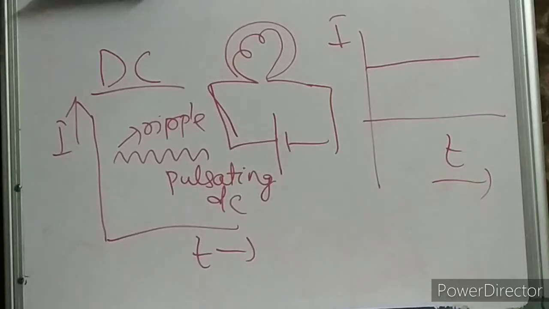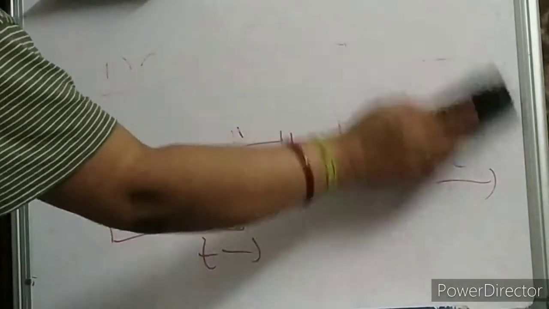Clear? Then can you people tell me which one is more dangerous, AC or DC? Which one will be more dangerous, children? AC. AC is more dangerous than DC because of the frequency, children. Since it has high frequency, it is hazardous. Your AC is more dangerous than your DC. Even 25 volts can cause death, children, in the case of AC.